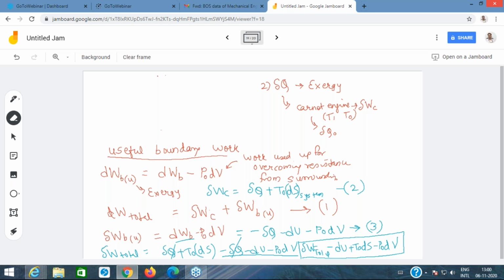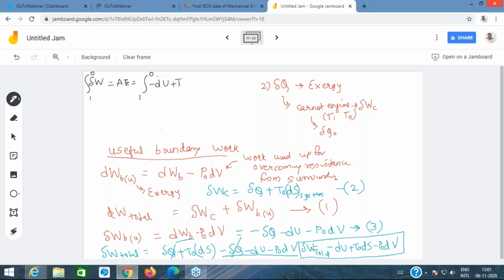So let me just rewrite this. This del W expression I would be integrating between the initial state, that is state 1, and the dead state, that is 0. So this would give me the available energy. So this would be the integral of minus dU. Look at this expression in the box. So I'm integrating this from the initial state 1 to the dead state 0,